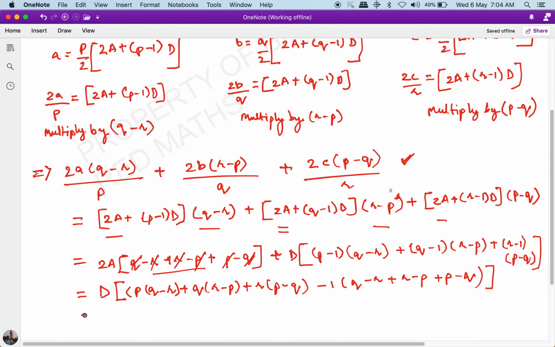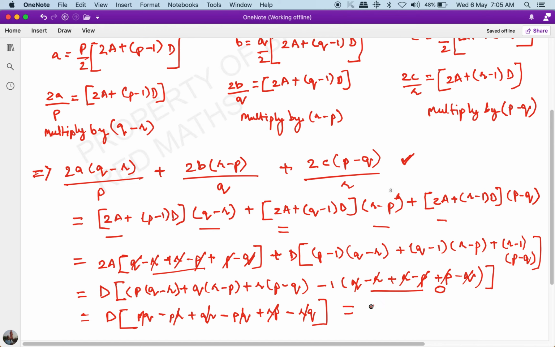So you see that this will become D into Q minus Q, P minus P, R minus R. All of this gets cancelled and this becomes 0. What we get here is PQ minus PR plus QR minus PQ plus RP minus RQ, and if you look carefully, there is a PQ and there is a minus PQ, there is a QR, there is a minus RQ, there is a PR and there is a minus PR, and this whole thing actually turns to 0. The whole thing actually turns to 0, and this is exactly what we set out to prove, and this is the